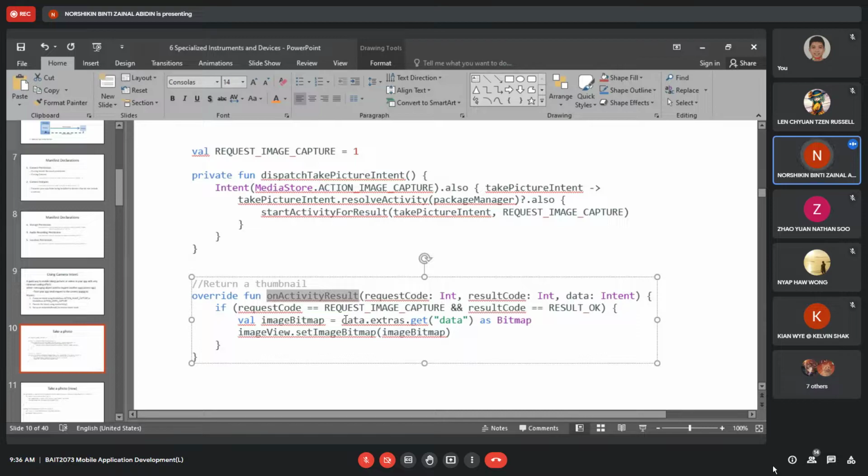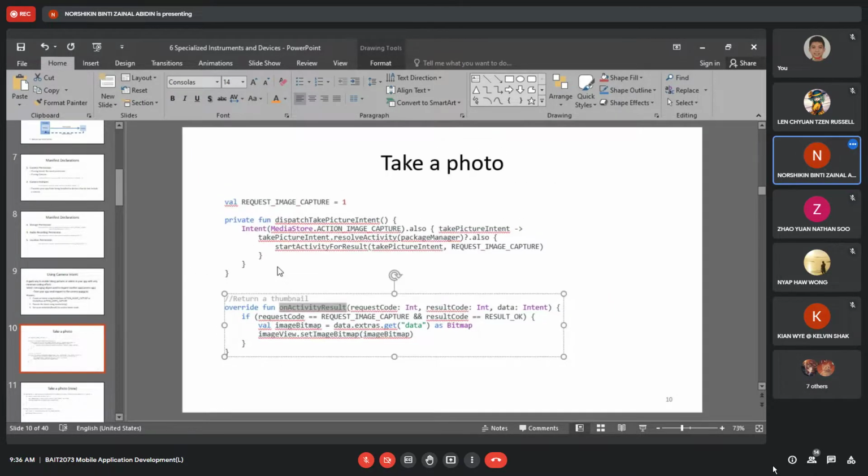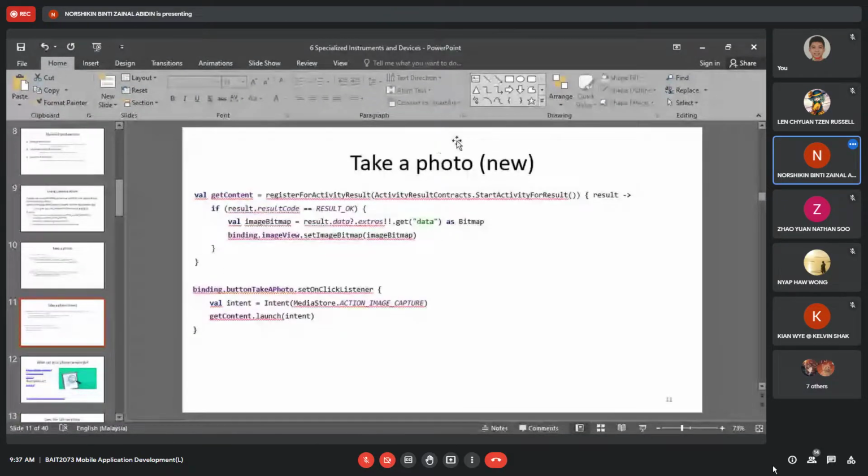Like I said, you need to ask permission. So first, you ask permission to the camera app. Second, they're going to return to you the result. Result here is the photo. The result from the camera function, the photo. Same with this one actually. This is from the previous code. Register for activity result. So if okay, then they have this data in BM. BM is bitmap. Bitmap is a file type of a photo.